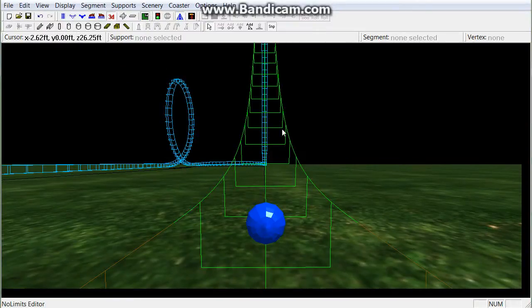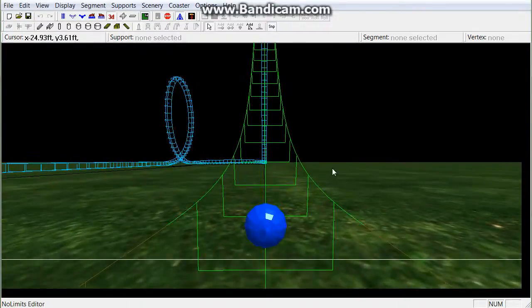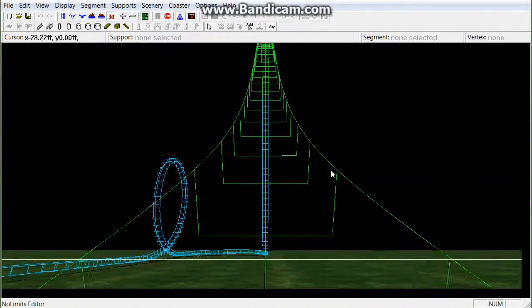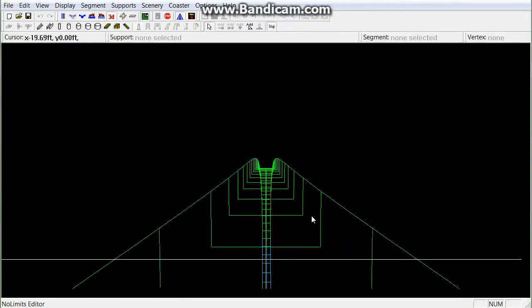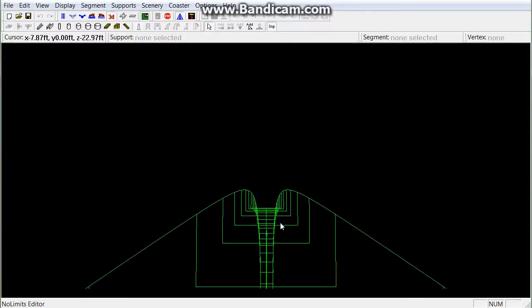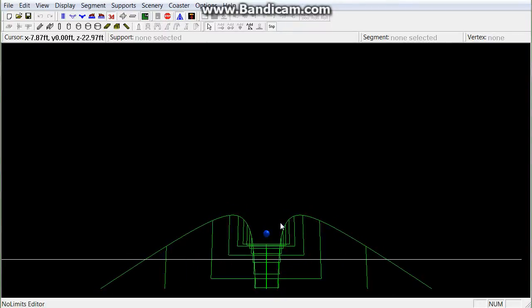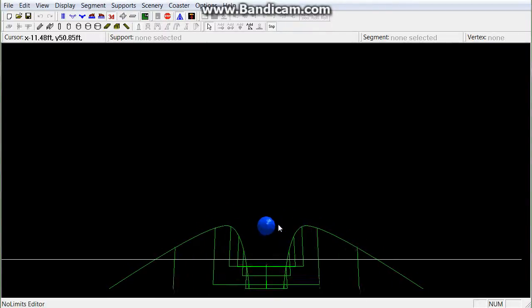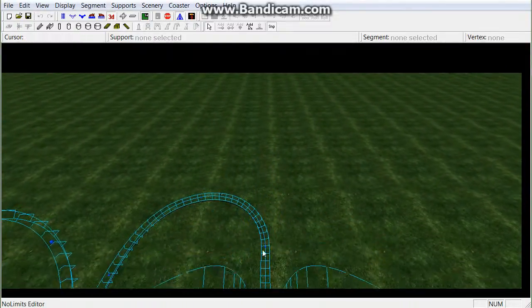To start, to see what it looks like, you just press the thing that looks like a traffic light. That puts you in the thing, and it'll go up the lift hill. And it pretty much just goes throughout the track. And if you don't have enough speed going through an element, then you'll go back. So you gotta make sure you're going fast enough to go through all the elements. After we see this, I'll actually show you how to make a loop, because in the last video